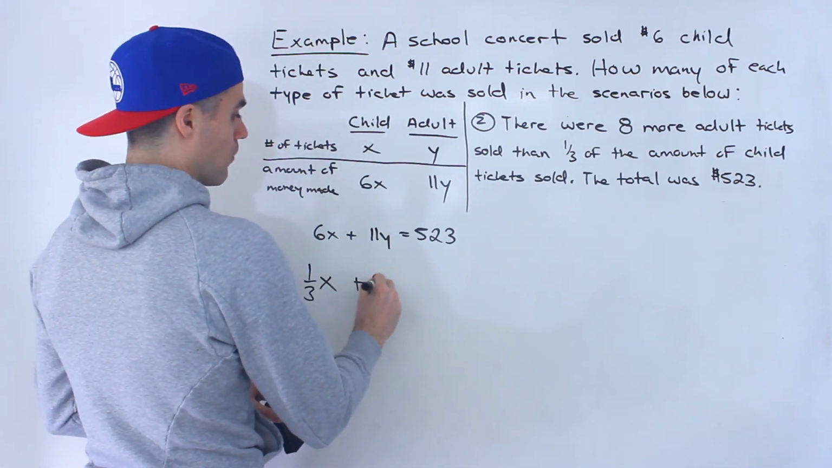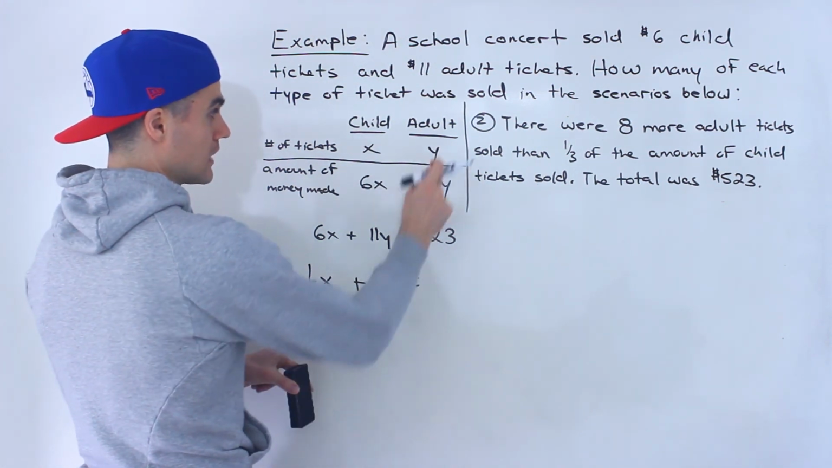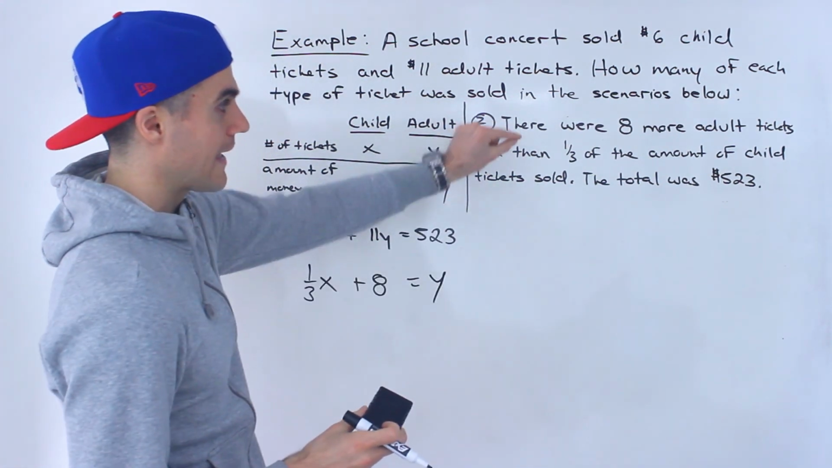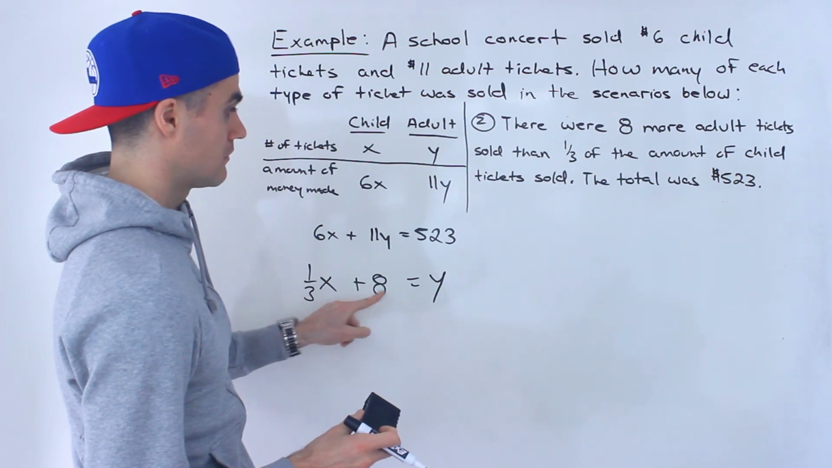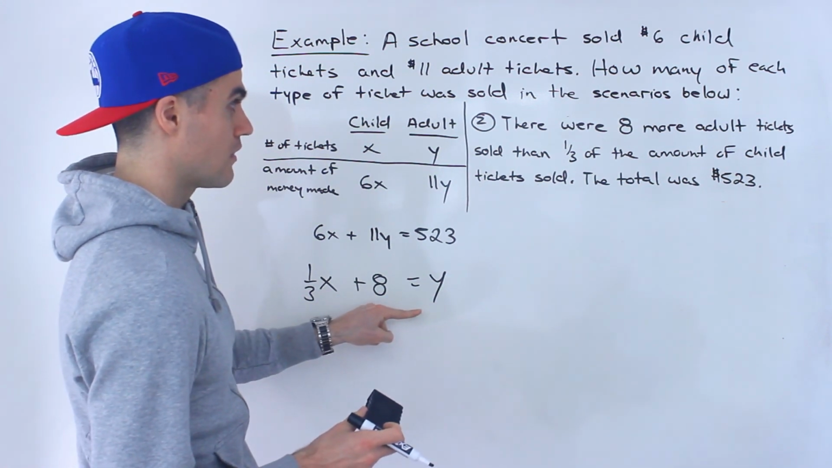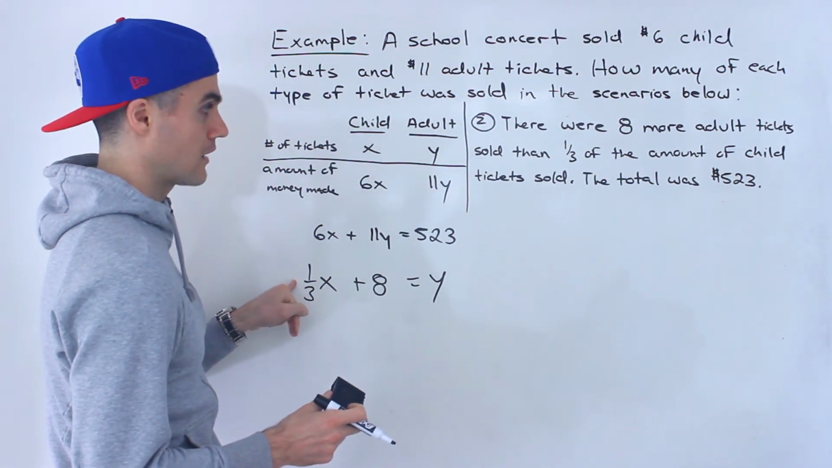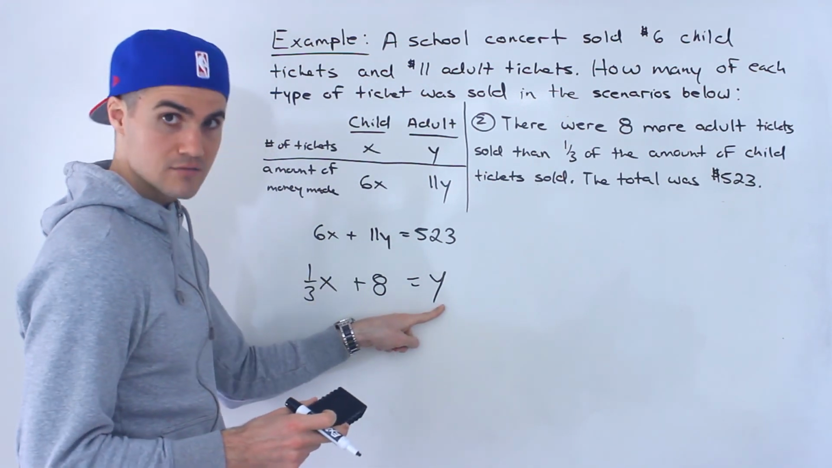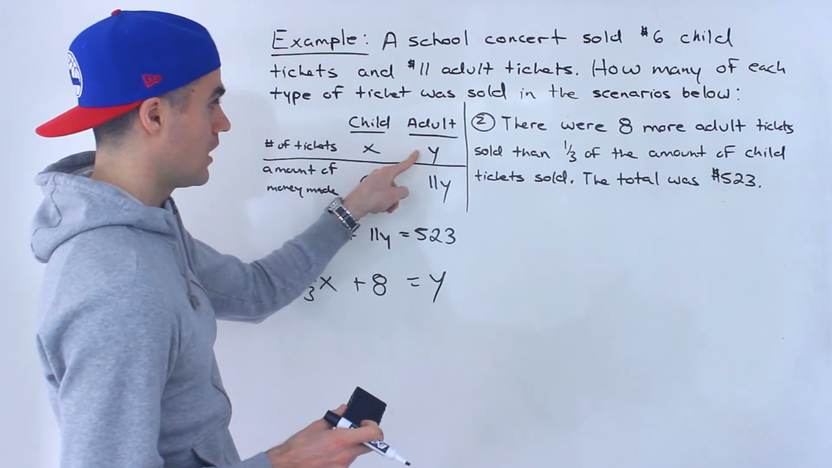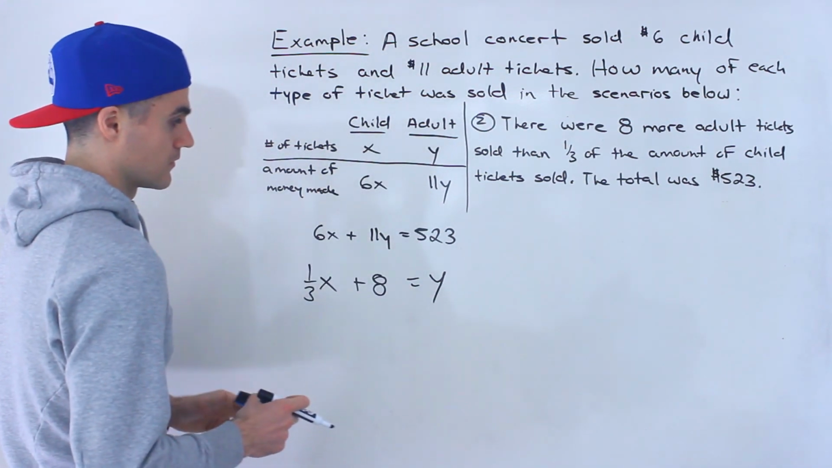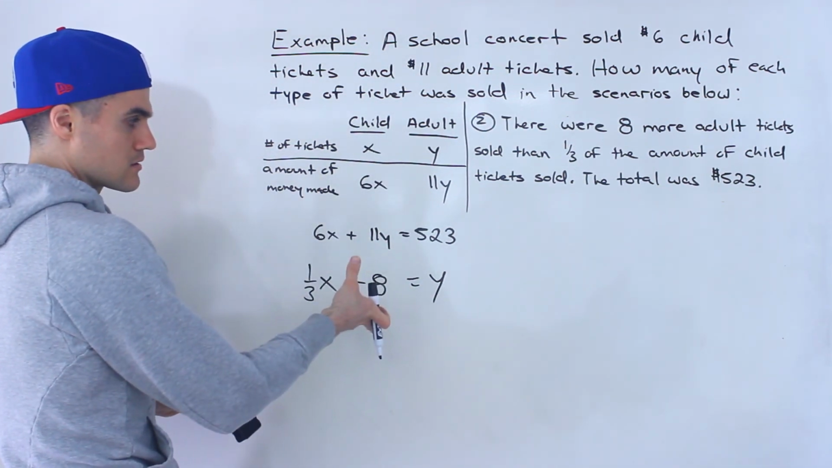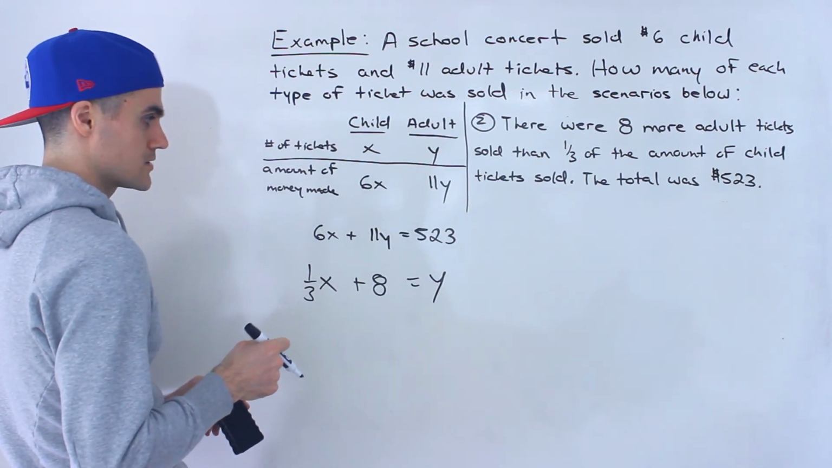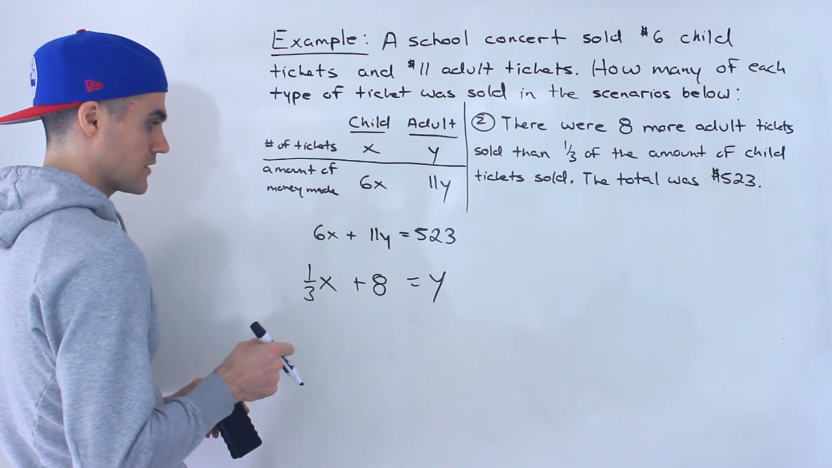And there were 8 more than that for the adult tickets. All right, so one more time, there were 8 more adult tickets sold than 1/3 of the amount of child tickets sold. So 1/3 of the child tickets sold plus 8 gives us the number of adult tickets sold. And so here, 2 equations, 2 unknowns. So different ways we can go about this. What I'm going to do is I'm